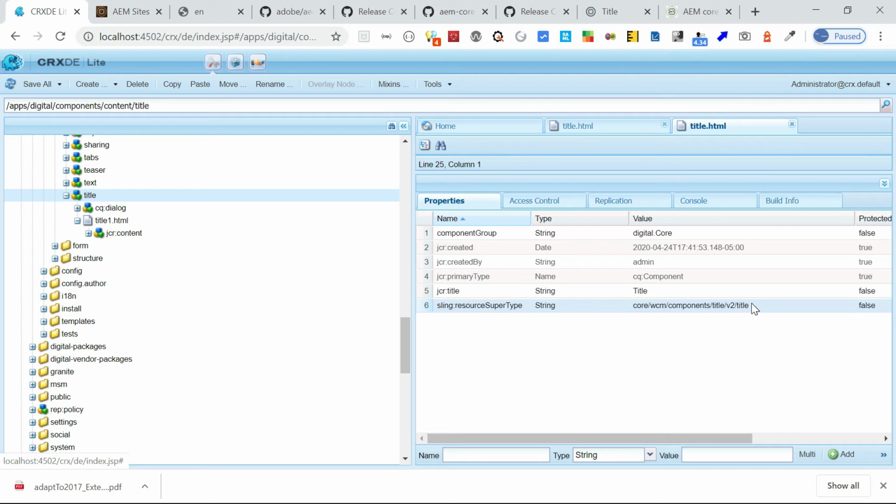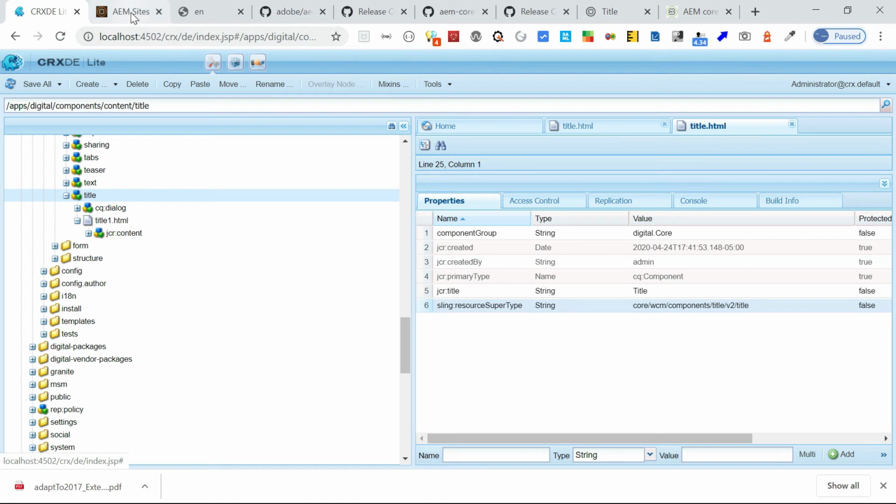Next is versioning. If you are interested in having versions, you can create version-specific components based on your use case. In my case, I'm just pointing to the latest version in the same component.